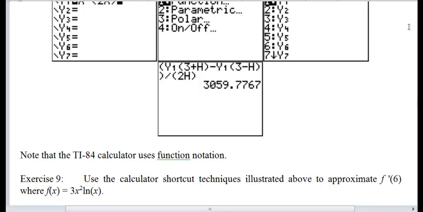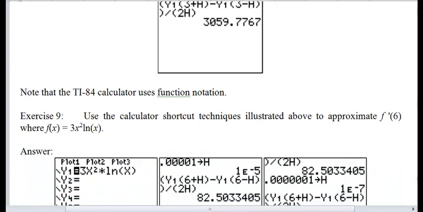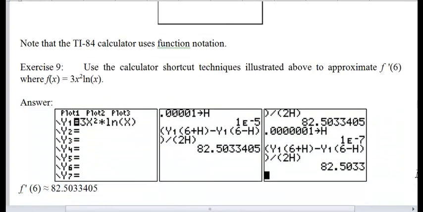Okay, hopefully you've worked this. Here's what the answers look like on a TI-84. One way to do it is to put the formula in y1, 3x squared times ln of x. Then go to the home screen. I used 0.00001 for h. Store that as h. Do y1 of 6 plus h minus y1 of 6 minus h and divide by 2h, and I get approximately